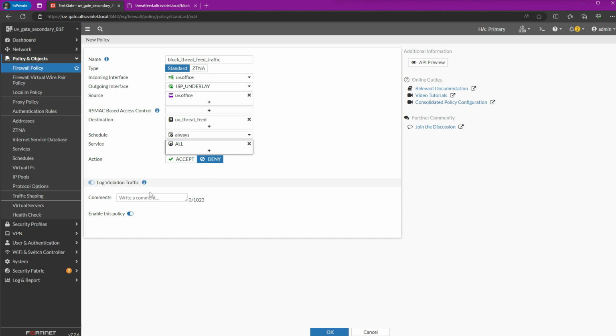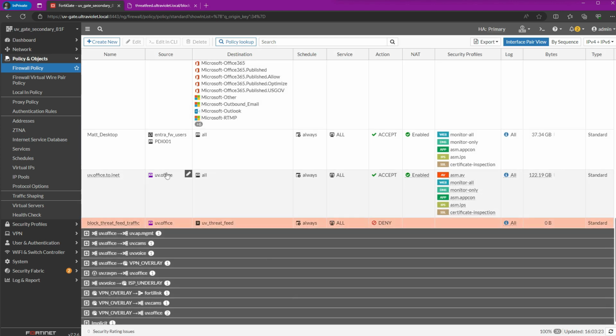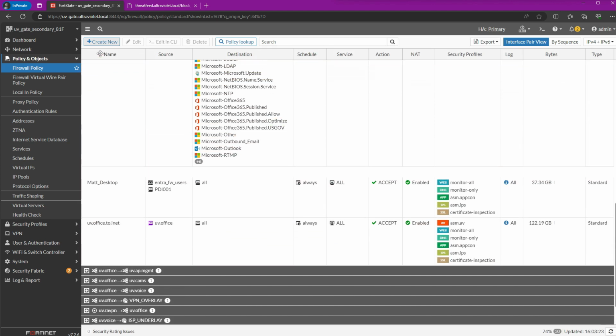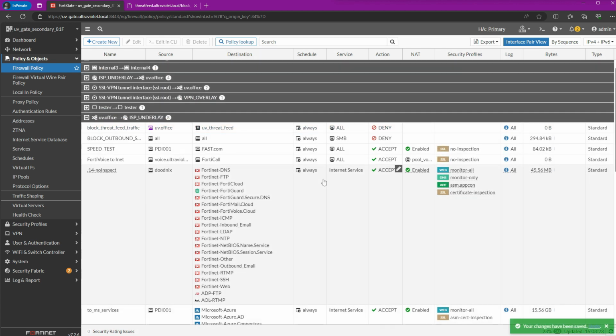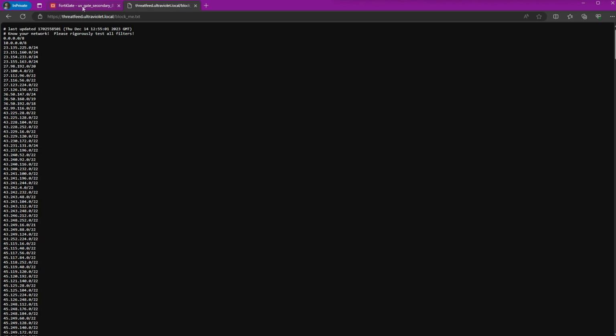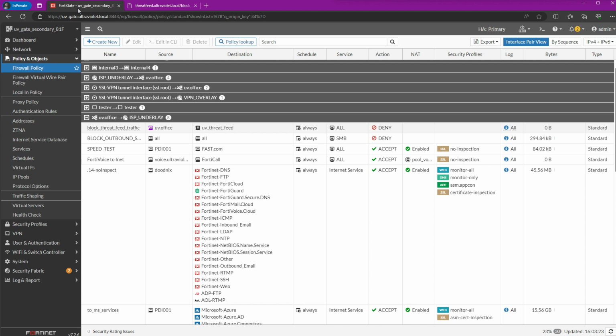And yes, we're going to log violation traffic. Cool. Now the only thing we've got to do is bring this to the top of our policy set. And there you have it. Now we have an outbound policy blocking IP addresses in a threat feed. The cool thing is if I were to update this within a minute, that IP would be blocked by my